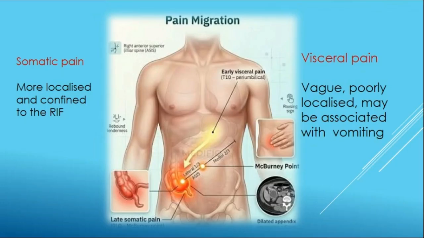Once the inflammation spreads to the parietal peritoneum, the pain will be very localized to the right iliac fossa. So that's how in an appendicitis patient, the initial pain is at the periumbilical region, then later on it shifts to the right iliac fossa. One thing we have to remember: not all patients will come with this classical pain cascade, right? Some of the patients come with diffuse abdominal pain, then that will shift to the right iliac fossa. But this is basically just for study purposes. Only roughly about 50% of people will come with this classical migrating type.